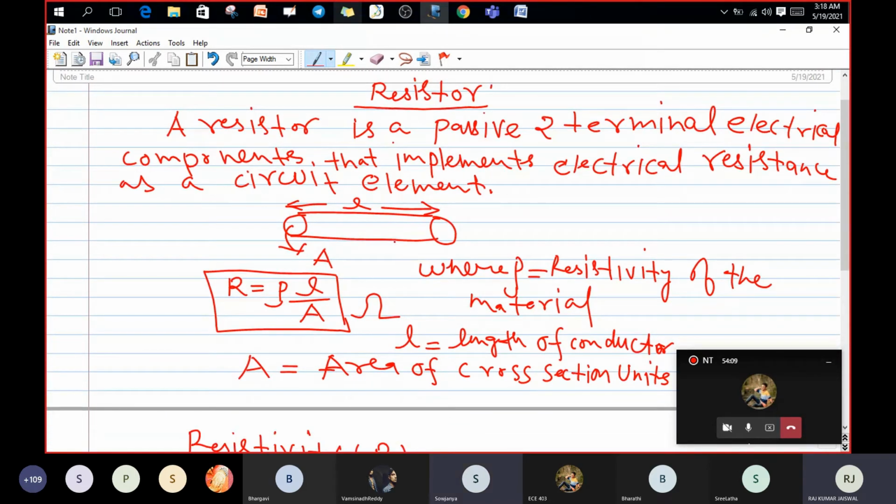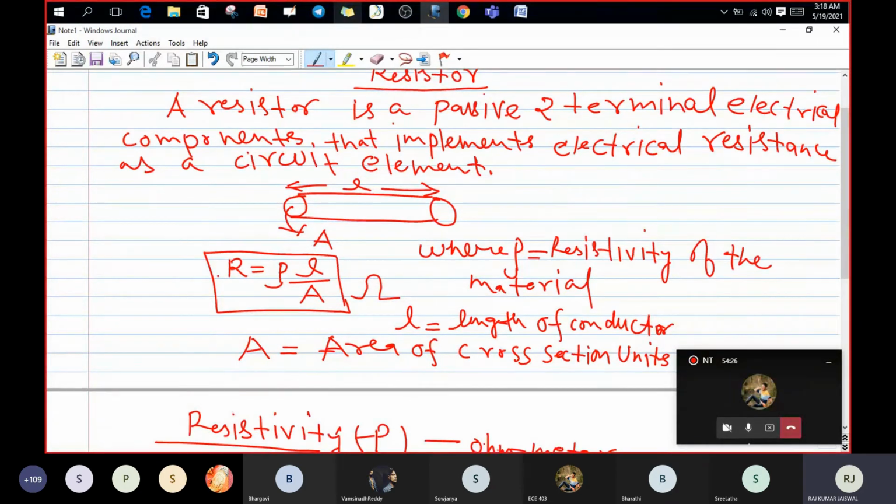Yes, sir. R equals to, what I am doing, I am taking one piece of the element, a piece of wire, and calculating its resistance. R equals rho L by A. I have seen resistance depends on the length of the wire, the cross sectional area of the wire, as well as the material with which the wire is made. On three parameters our resistance value depends. Okay, guys, is it clear?